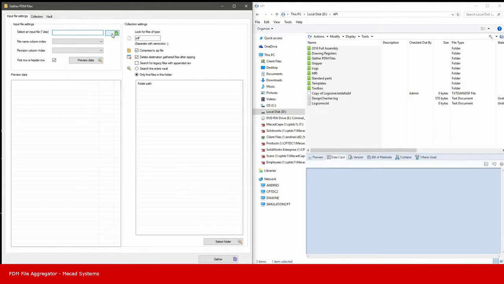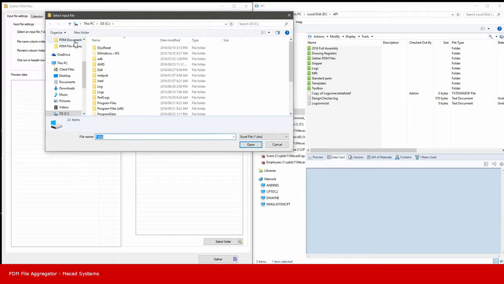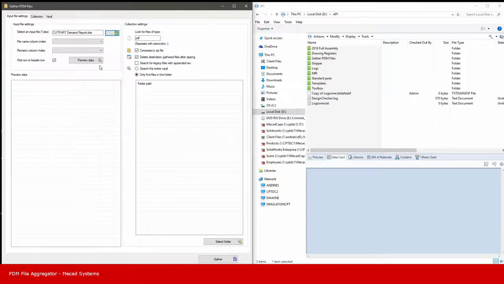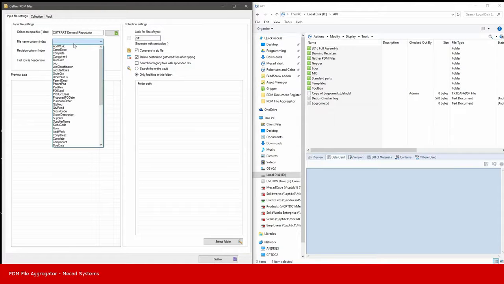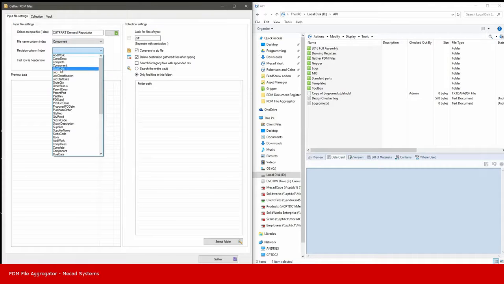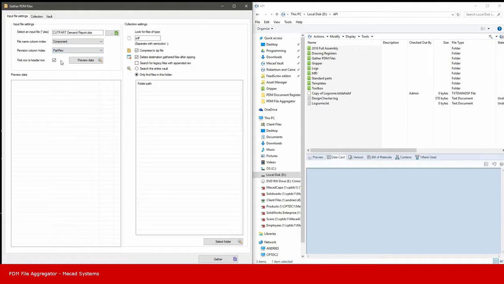So, first things first, I click on the button, I choose my report file, and then I choose the two columns that are of interest to me. In this case, that would be component and part revision. I hit the preview data button to make sure that I've chosen the correct columns, and if I did not,